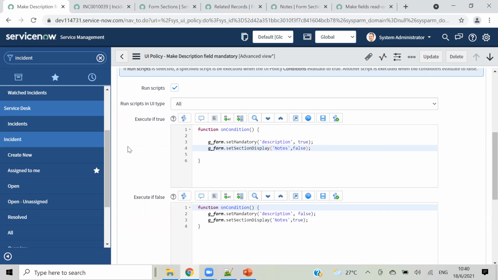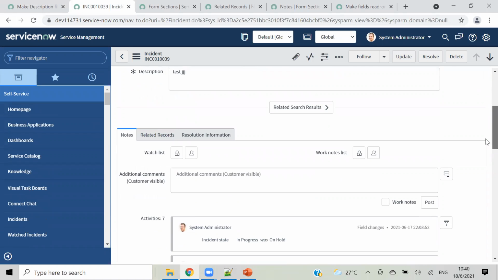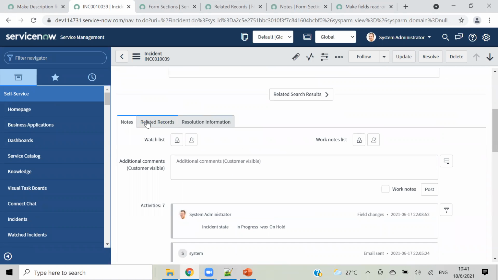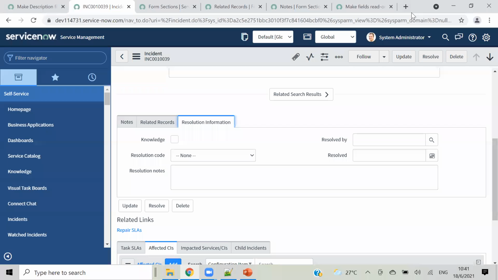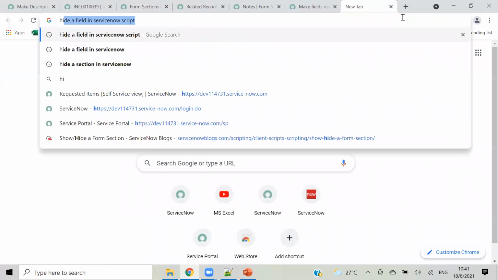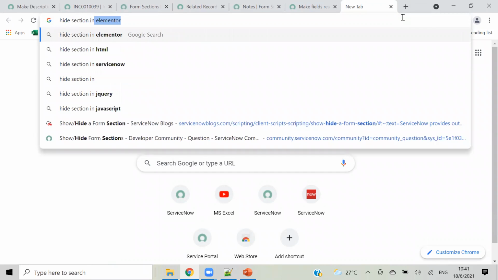Service. It should work, but why is it not working? Related. Okay, let me check one directly in Google. Section